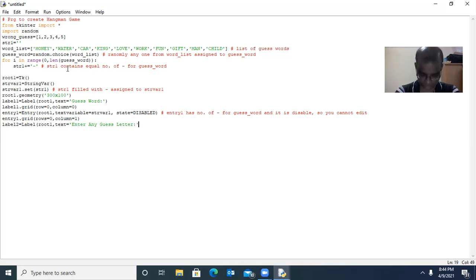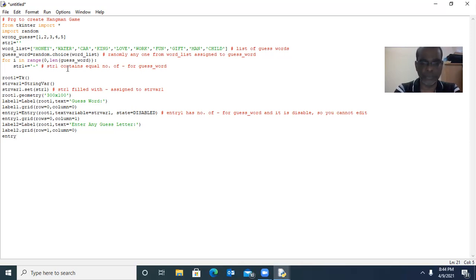Good. Then this should be placed over the top level window in the second row. Label 2 dot grid of row 1, column should be 0th column. Good.